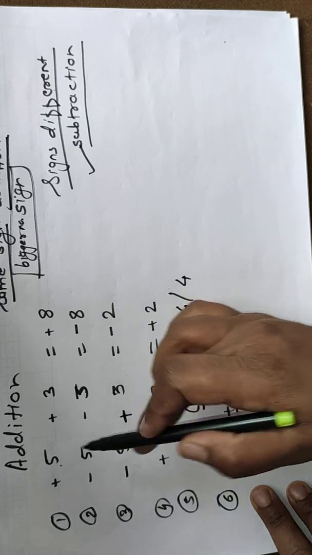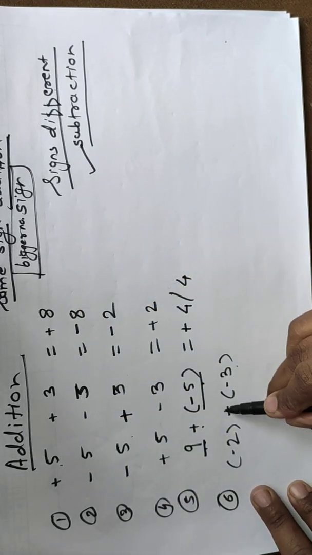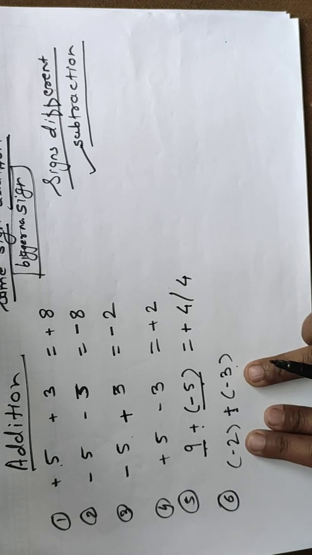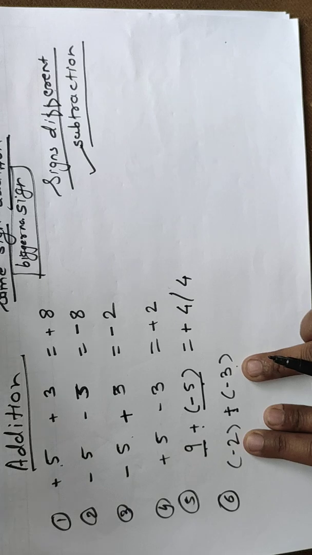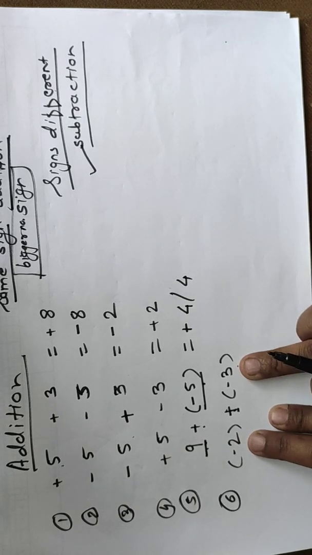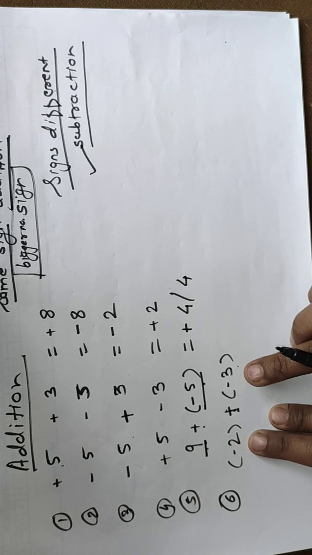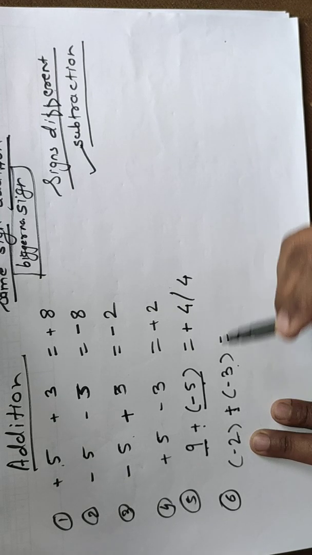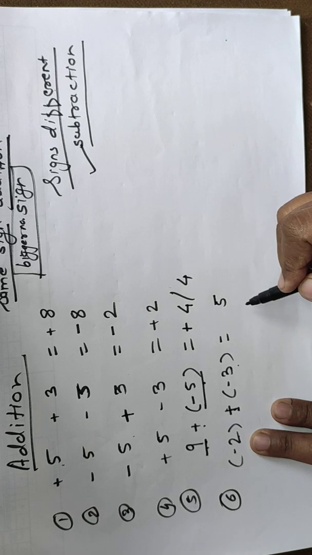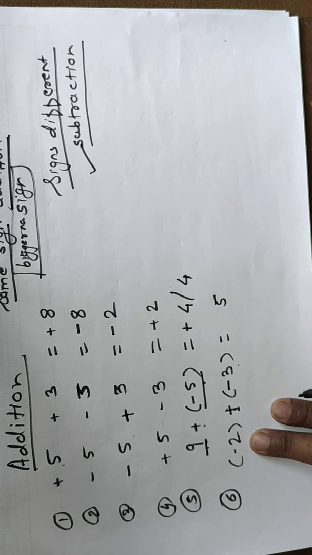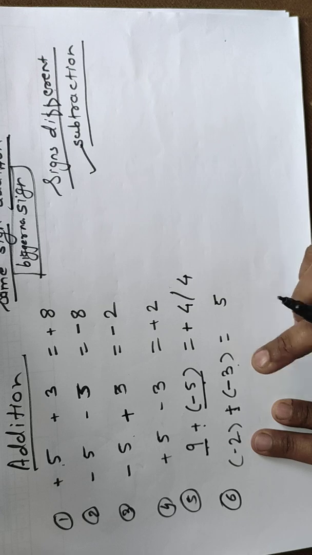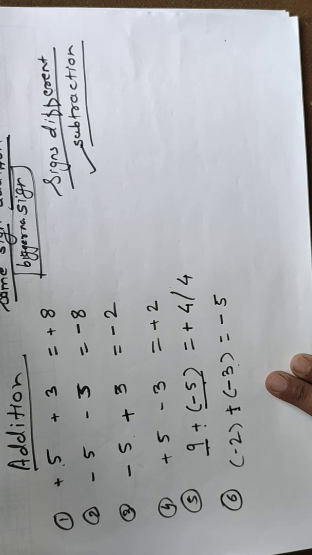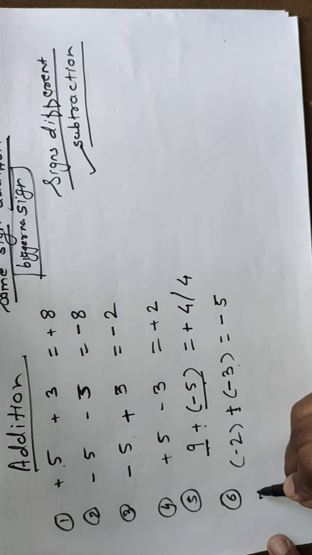This is the sign of the addition operation, so you just keep it in mind and don't take it into account when you are doing this. Now see the numbers: negative 2 and negative 3. Both numbers are negative, meaning the sign is the same. What do we have to do? The addition of these numbers. So 3 and 2, the answer is 5. Which sign do we give? The bigger number's. Which is bigger, 2 or 3? 3 is bigger, and 3's sign is negative, so the answer gets a negative sign. One more example we will see.